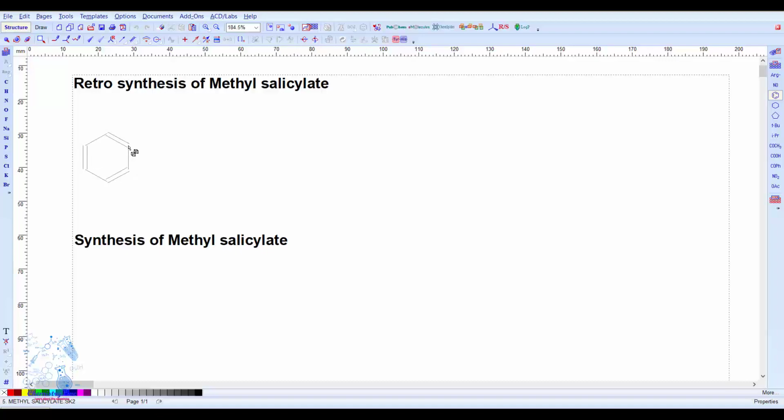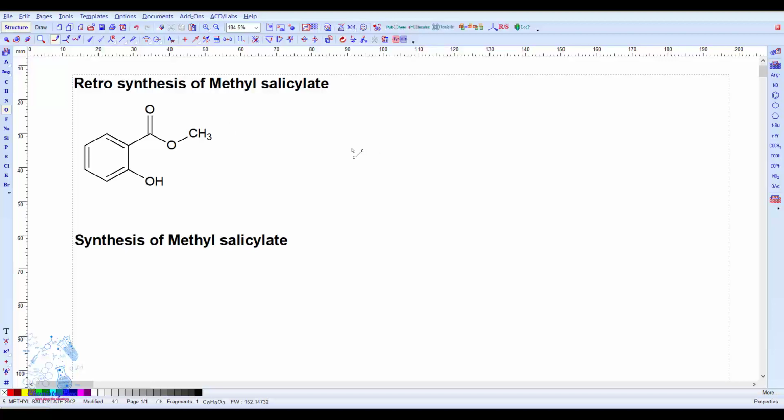So first we have to pick a benzene ring, then we pick two carbons and place one here, one carbon here, another carbon here, joined with a double bond, and there is another carbon, but it's not in that manner. We have to place a carbon in this manner. So we add this one, and we have to remove that carbon so we can place it in the proper position. Here we have to add OH, here we also add O, and here we have to add the methyl. So that is our methyl salicylate.